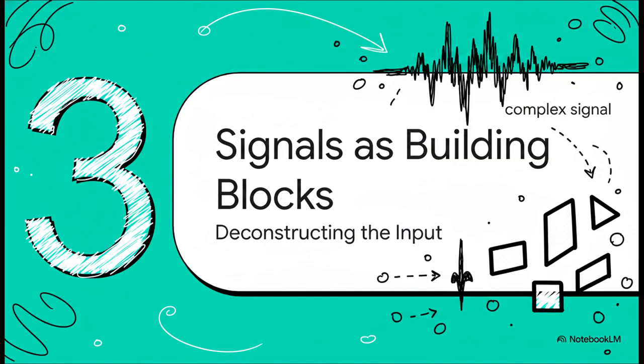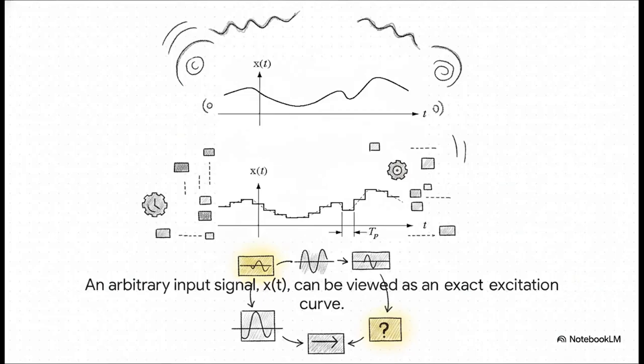Awesome. Now let's think about the other side of the problem, the input signal. Any random input can look super complex, kind of chaotic, but what if we could just break it down into a whole bunch of really simple pieces? So here's a pretty typical input signal. You see it's this smooth, continuous, complicated-looking curve. How in the world could we predict how our system is going to respond to this exact shape? It seems like an impossible task.